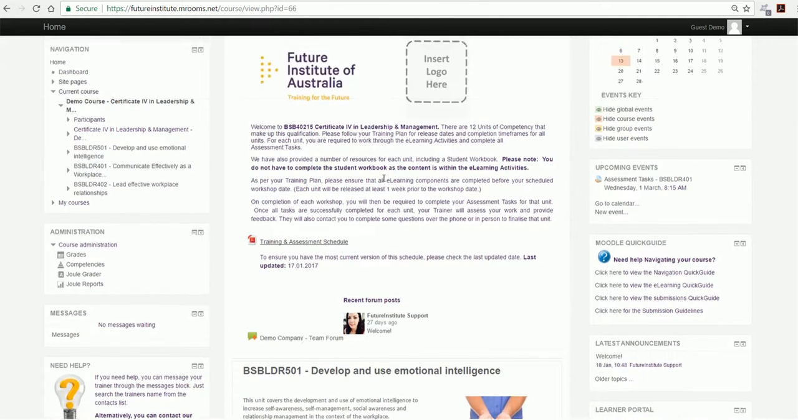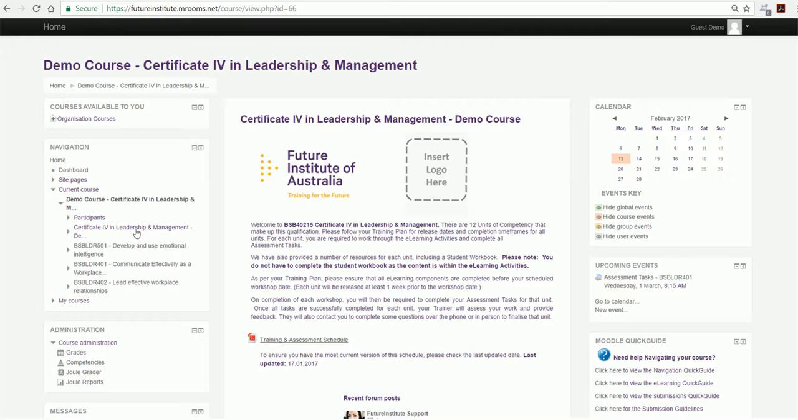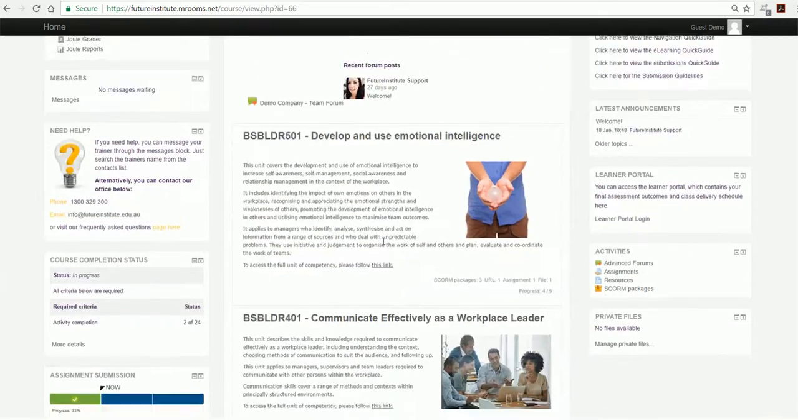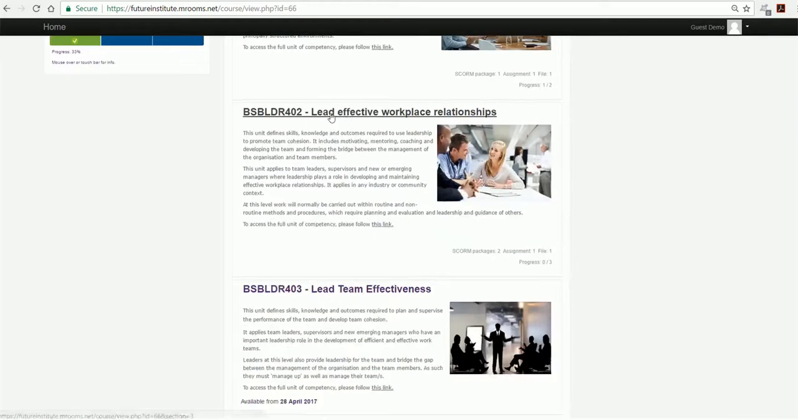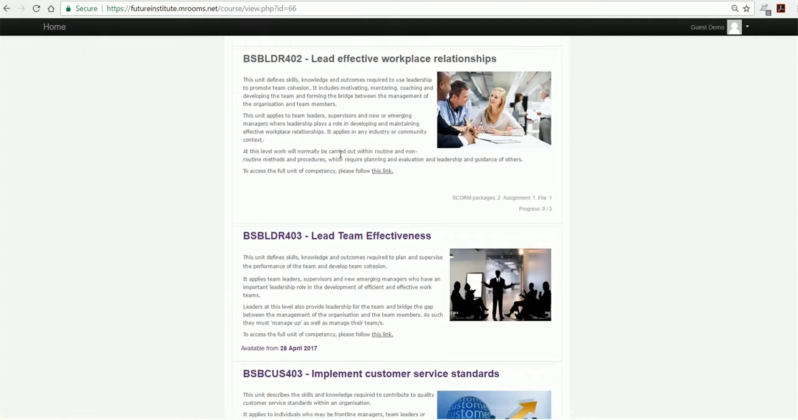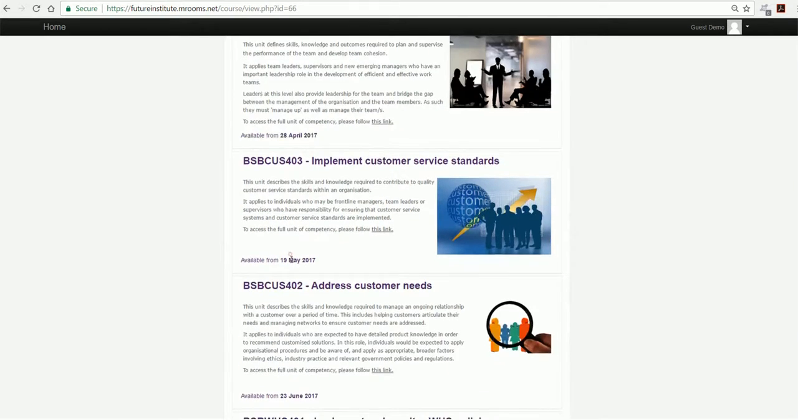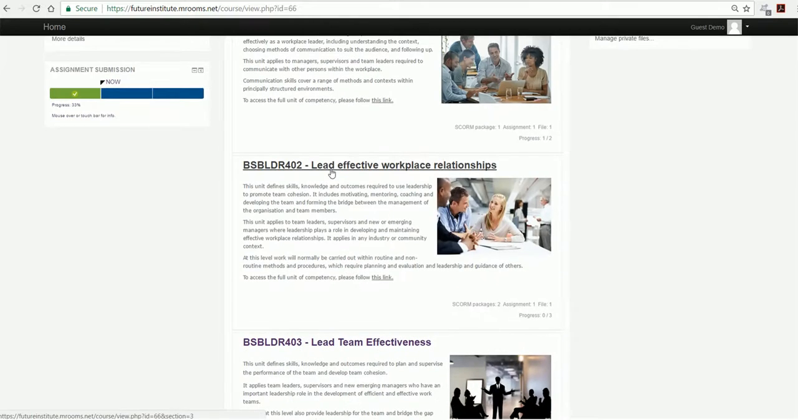The demo course that I have here has received access to 3 different units of competency. So down the side of the navigation pane you can see 3 units of competency, as well as down on the main screen. The units that received access have a hyperlink, which means you can go in and access the e-learning content and the assessment tasks for that unit. Units that haven't been released yet will have no hyperlink and will have an available due date underneath them. These units will be restricted until that available due date, and then they will have the hyperlink like the other